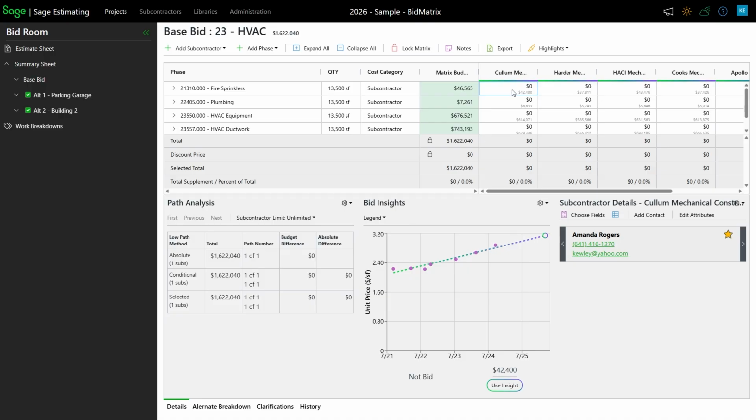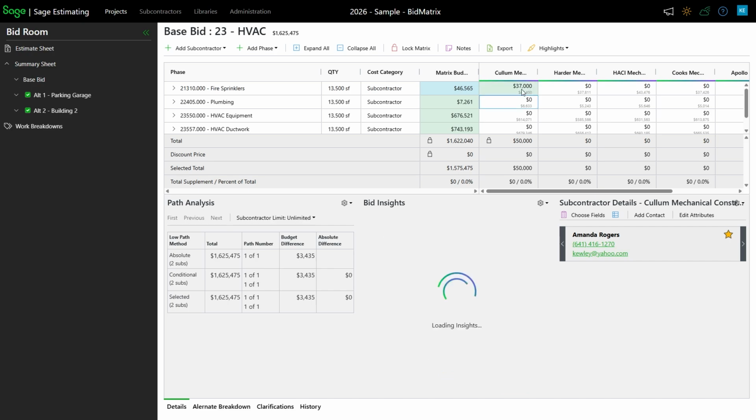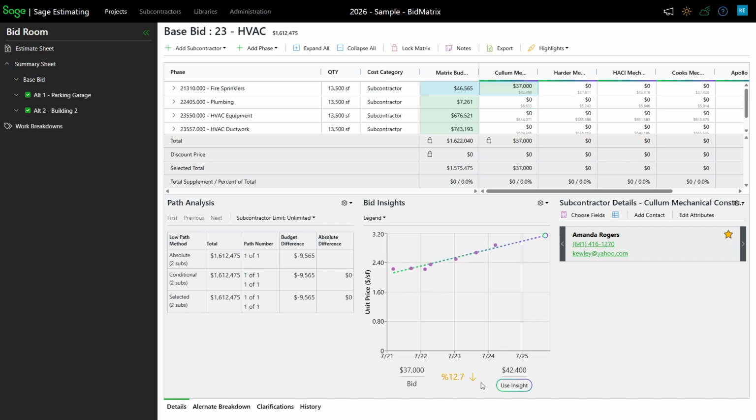So there again, as I'm sitting there punching numbers in, if I said that they came in with maybe $50,000, I can go back and tell that's about 17% higher than what I thought. Doesn't mean it's necessarily a problem, just higher than maybe what I originally thought it should be. Or vice versa, if somebody came in at 37,000 or something of that nature, maybe then it's going to say, hey, you're 12% lower than what the average in the past has been. So the main thing there is really just trying to get rid of the real highs or real lows, analyzing these bids against where their past history has been.